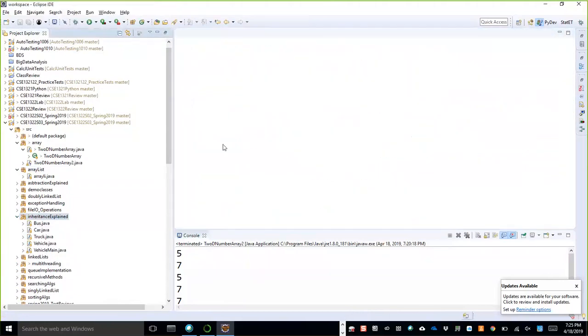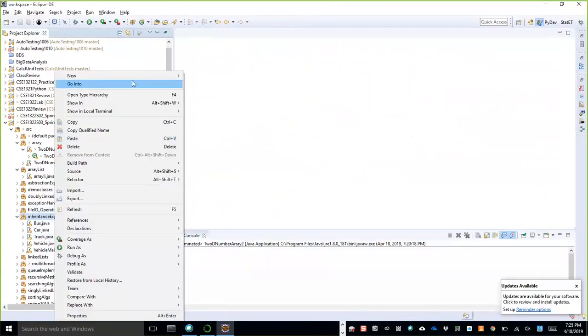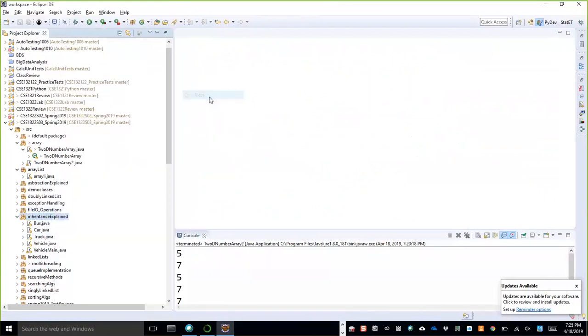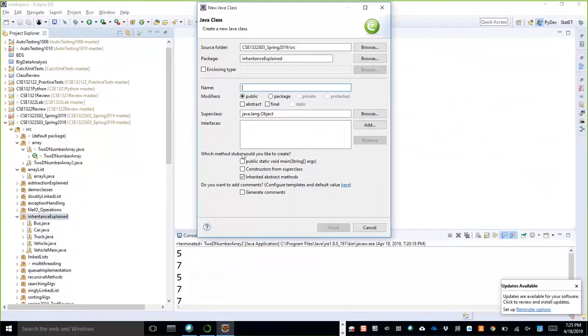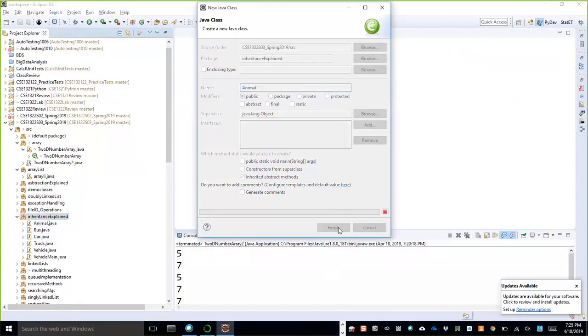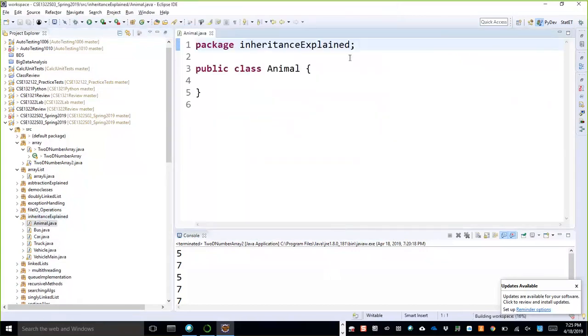Let us think that we want to declare a class as animal. I don't have animal here, right? So I want to declare an animal class, this is my public class Animal.